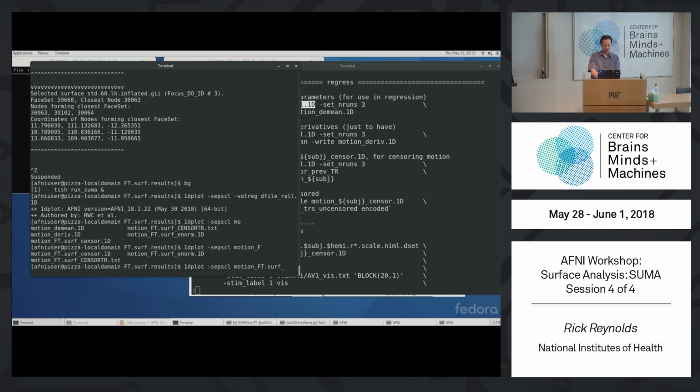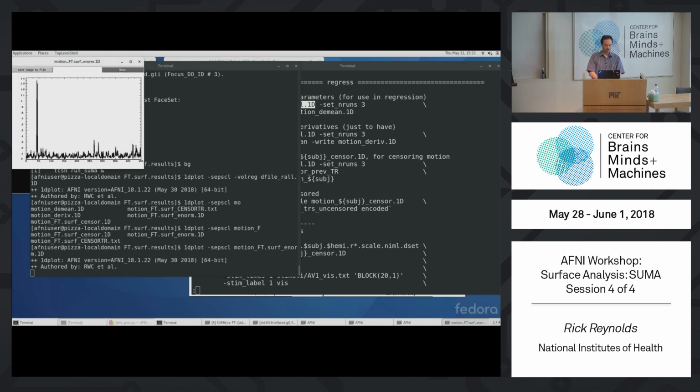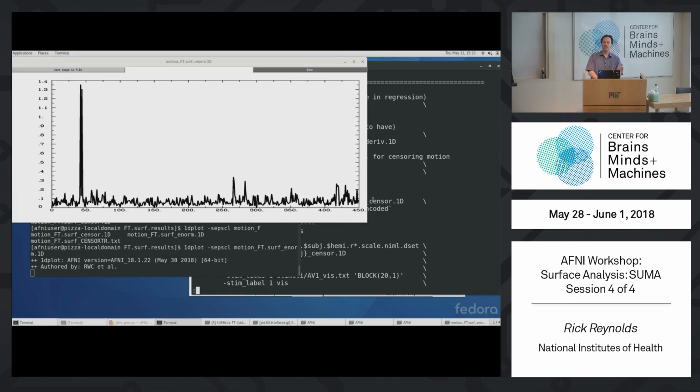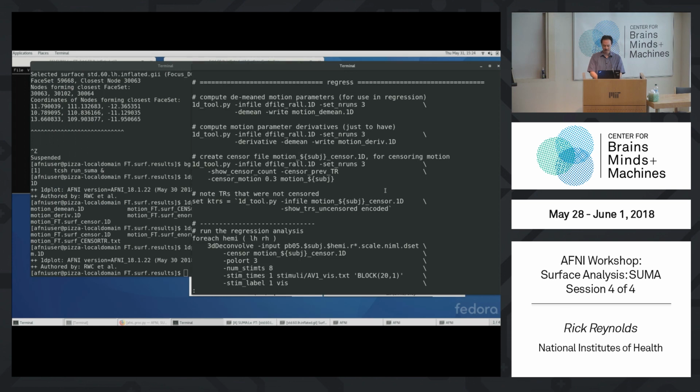Well, I won't show the sensor. Let's show the enorm time series. This is the exact same enorm time series, and the censoring is based on where this crosses 0.3, right? So this is the same enorm time series. So censoring will be identical. So given that,